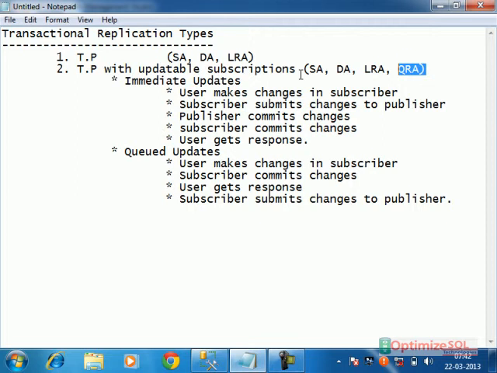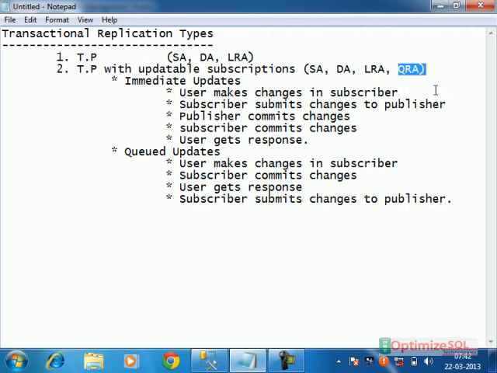It will not put the changes in distributor; from subscriber to publisher directly. After that, from publisher, changes will go to distributor, then they will go to other subscribers if they want the changes.